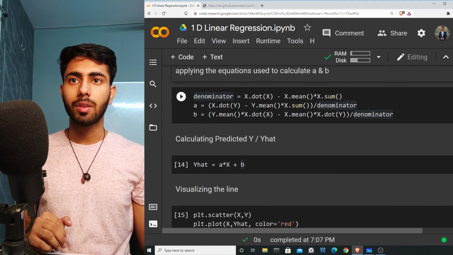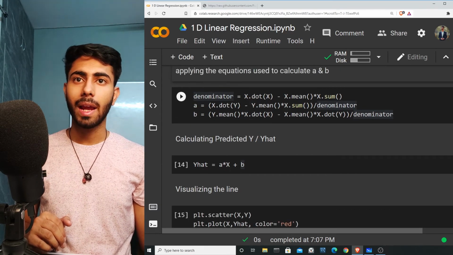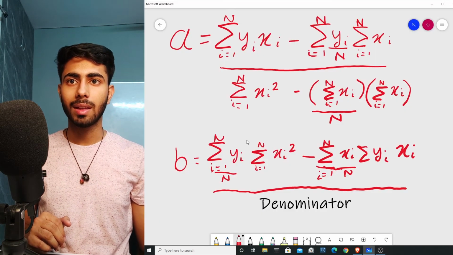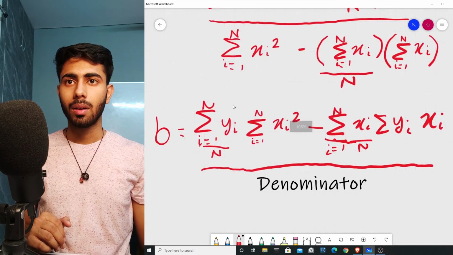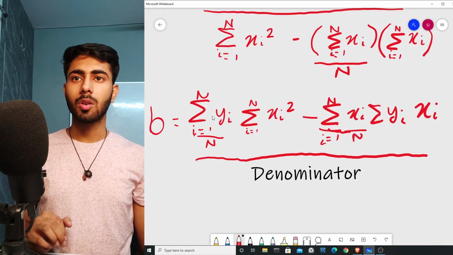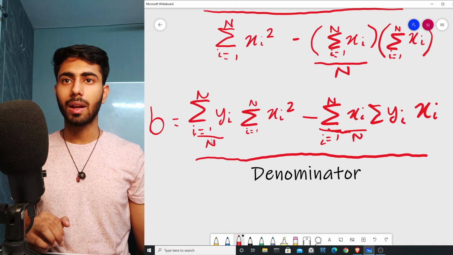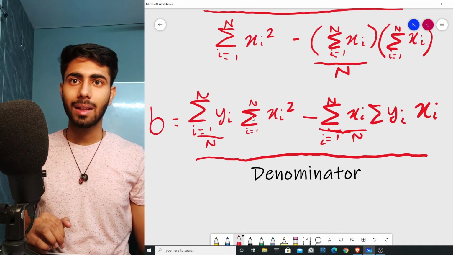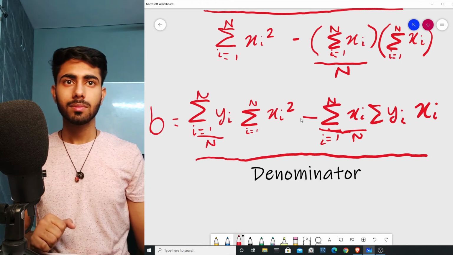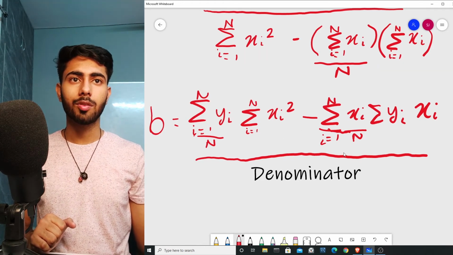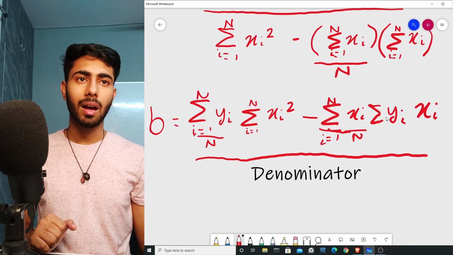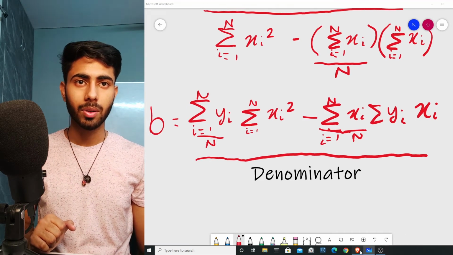Similarly, for b, I have written y dot mean multiplied by x dot x. Here you can see that for b, summation of yi divided by n multiplied by summation of xi square, I can write as y dot mean multiplied by x dot x. And here I have written x dot mean multiplied by x dot y. You can verify that.